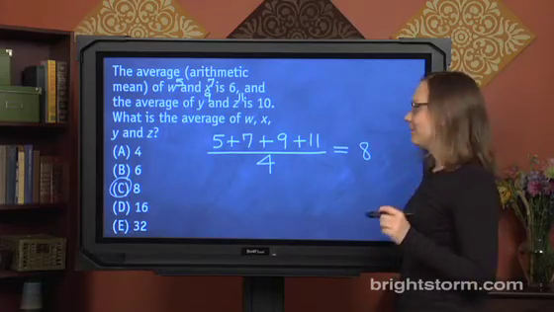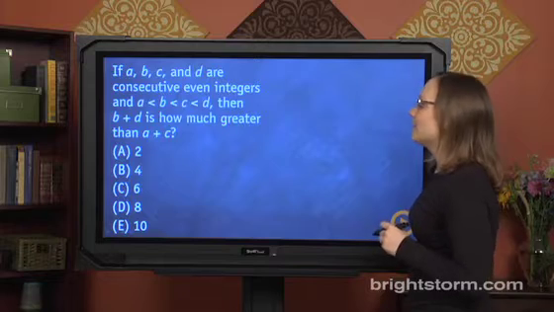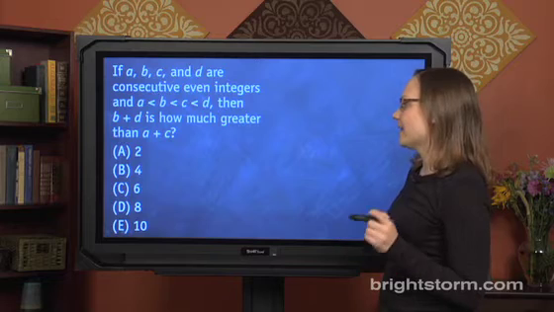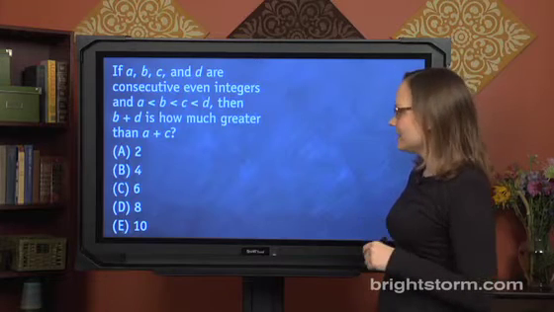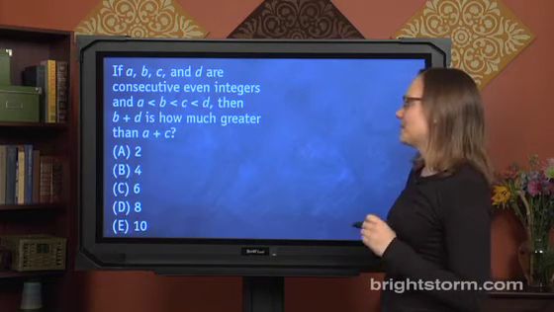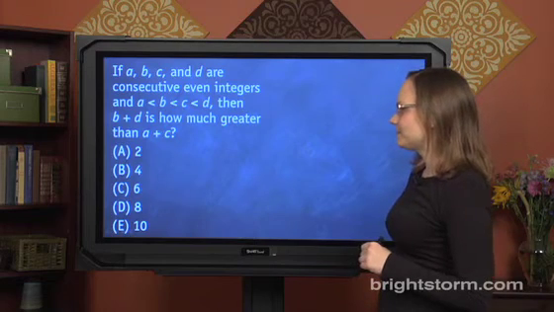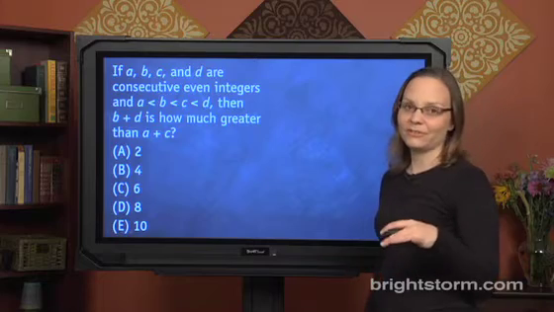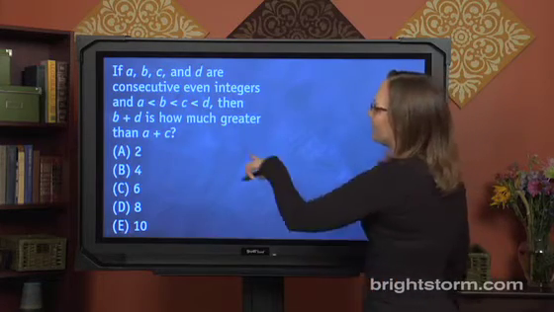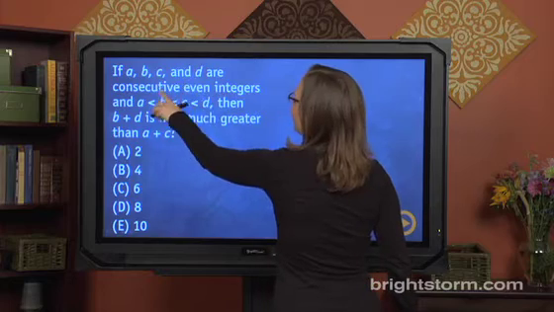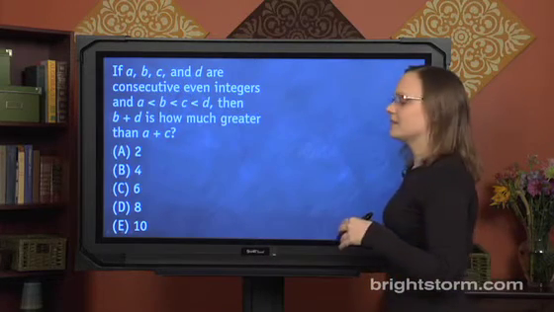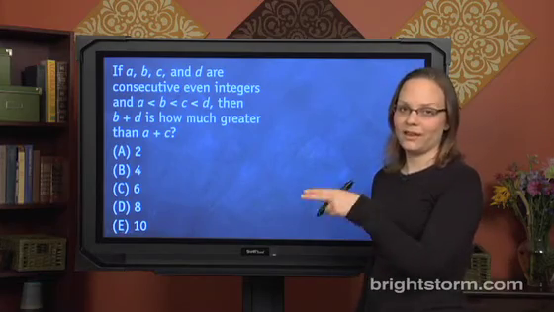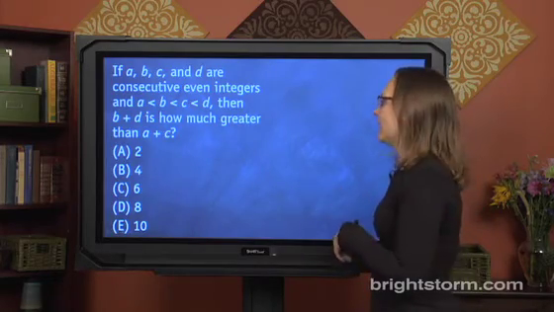Let's look at another example. If A, B, C, and D are consecutive even integers, and A is less than B is less than C is less than D, then B plus D is how much greater than A plus C? So I start by turning those variables into numbers, and I have to follow any restrictions in the problem. So I'm told A, B, C, and D are consecutive even integers. That means even integers that go in order, like 2, 4, 6, 8, 10, etc. And I'm told that A